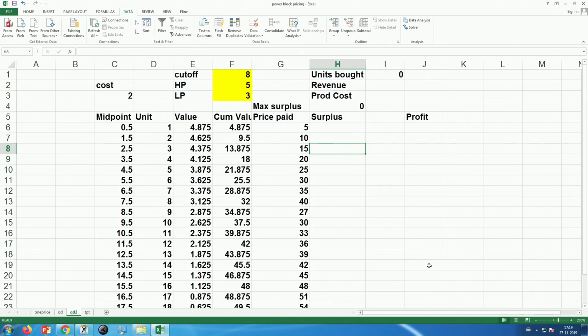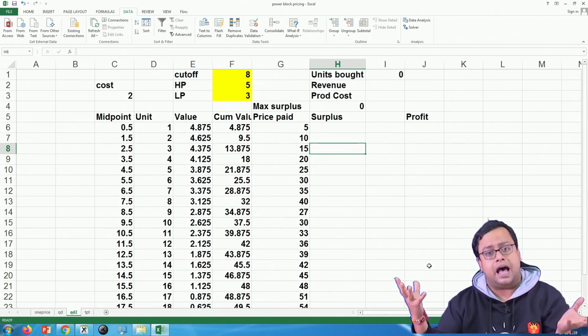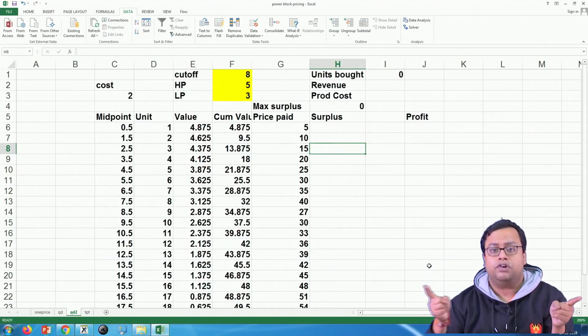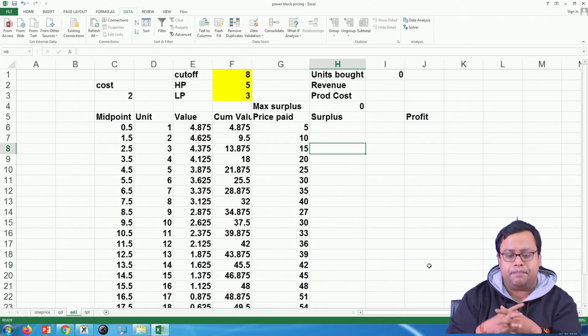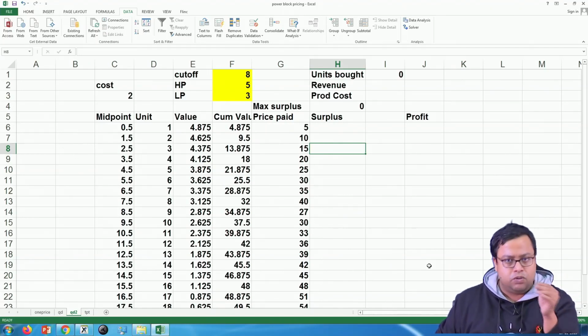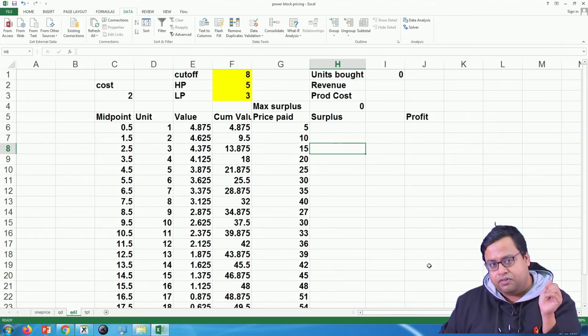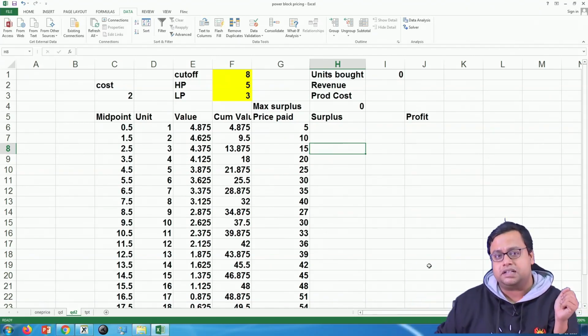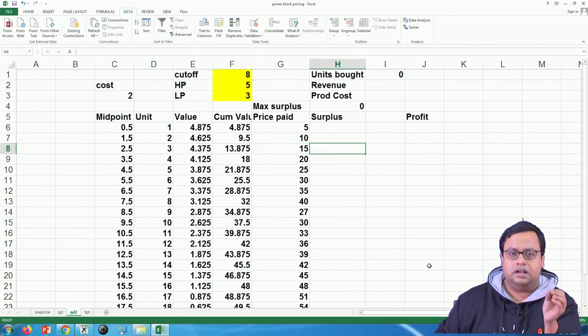But the only thing is that if the consumption is low, then the charges are high price. But the moment the consumption goes up, the price also comes down, and you actually pay for the whole consumption at the lower price. To give an example, let us say in this particular case the cutoff has been set as 8. That means up to 8 units of consumption you will pay $5 per unit, that means $40. But if by chance you consume 9 units, you will pay 9 into 3, $27. So, for the whole 9 units, not just the ones above the cutoff, your payment is like that.